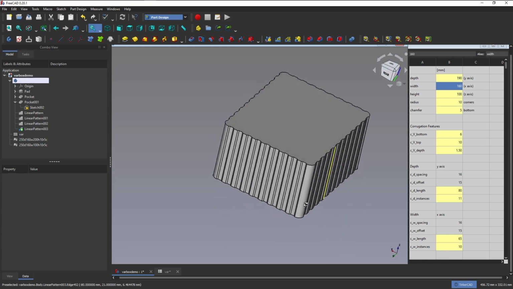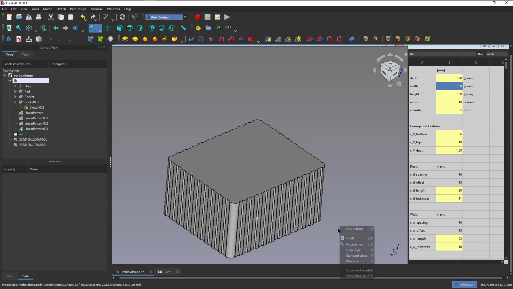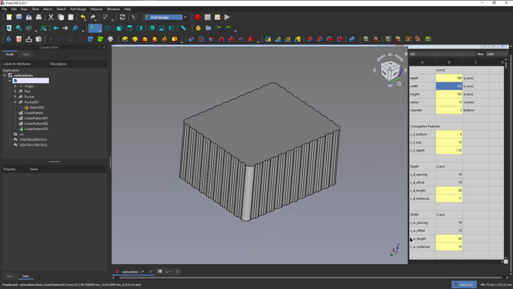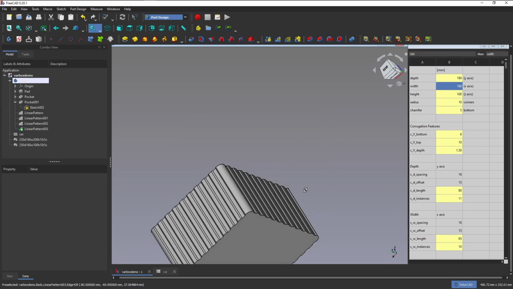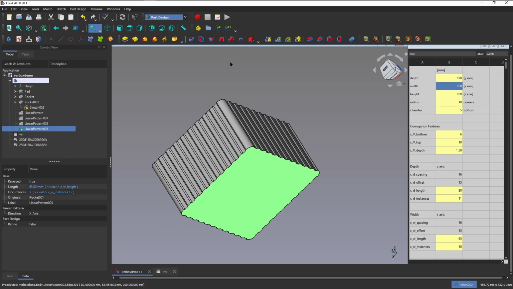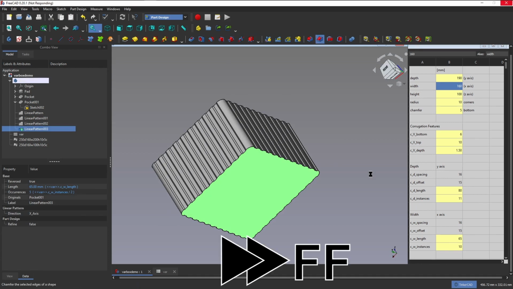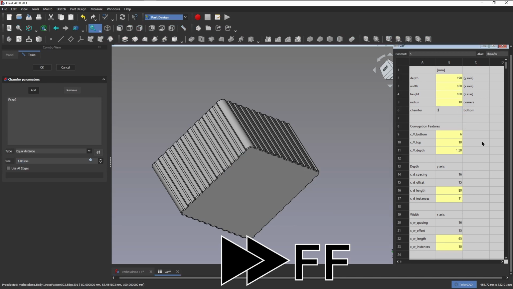Fusion 360, SolidWorks, I've not had it break that way before for me. So anyway, once again we'll go to the bottom, click, and chamfer. Now this will take a while. So change this to